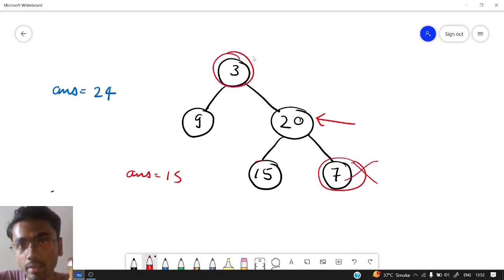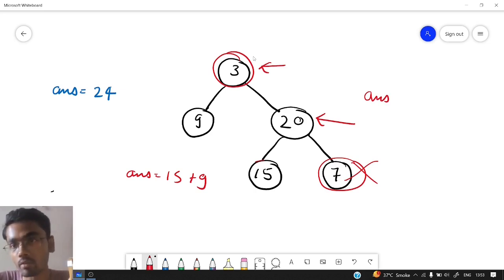Similarly, if we are standing at 3, we can check its left child, whether it is a leaf node or not. If its left child is a leaf node, then we will add it to our answer. So that's how we will do this question. The solution is also pretty straightforward. At each and every node we will check whether its left child is a leaf or not. If its left child is a leaf node, then we will add that value to our answer. Otherwise we won't do anything, and we continue to some other node. So this was the explanation. Let us directly jump onto the code now.